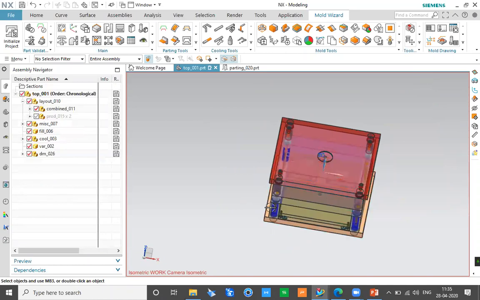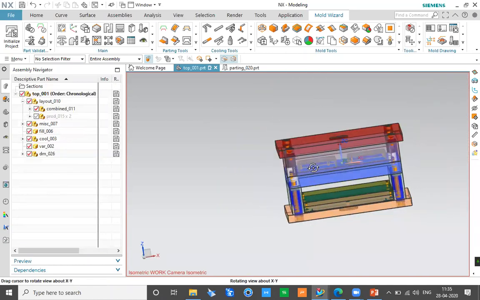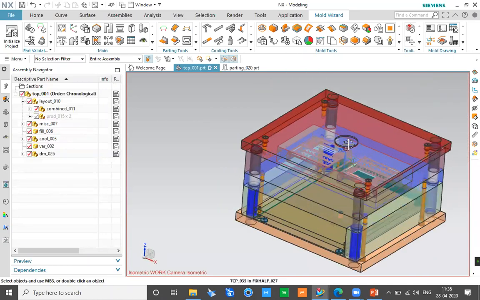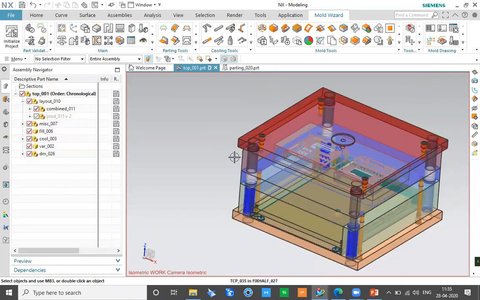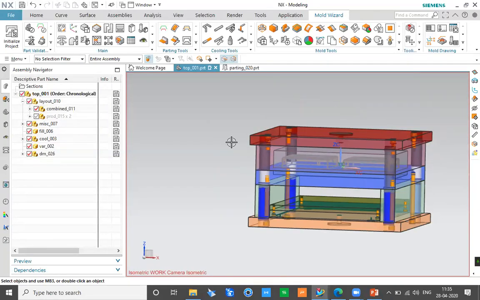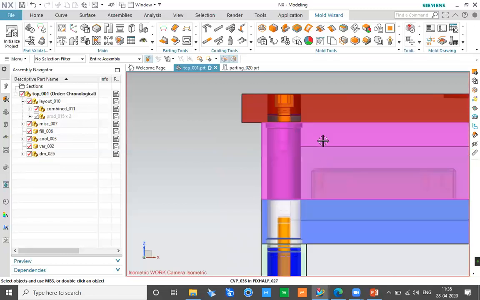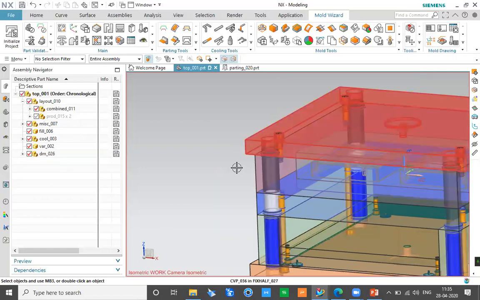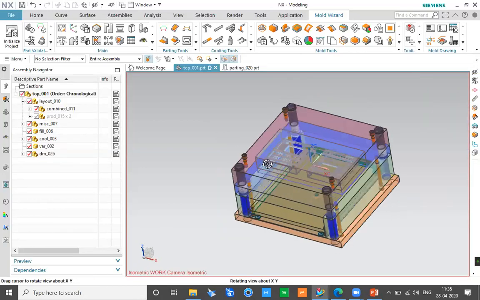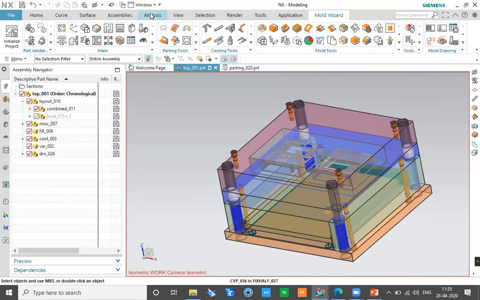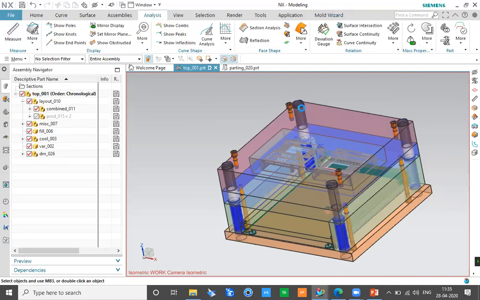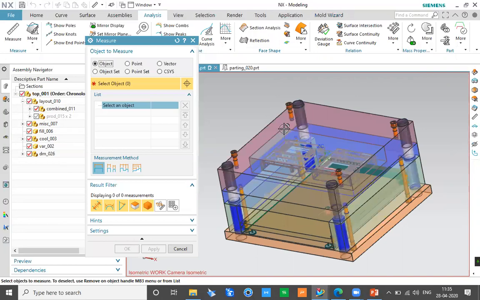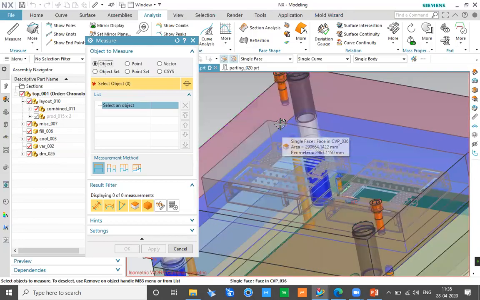Now, the next thing I want to decide is, let's say I want to place some sort of screw bush and a locating ring here so that the mold injection can be defined. But before that, I want to bolt my cavity plate with the cavity over here, because I cannot just simply keep the cavity like this. So I need to bolt my cavity plate with the cavity. What I'm going to do first is check the length of my cavity itself. So I'll go for a simple measurement.